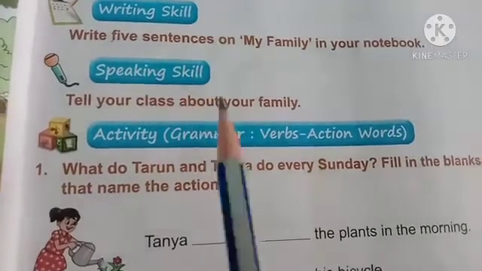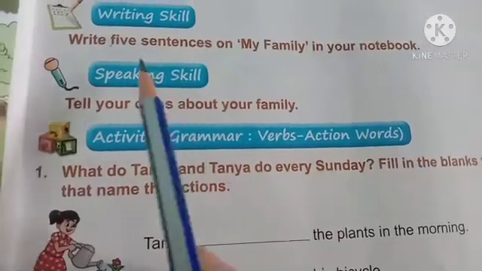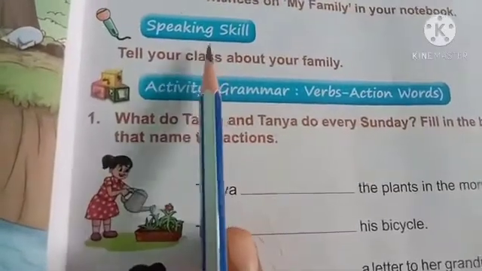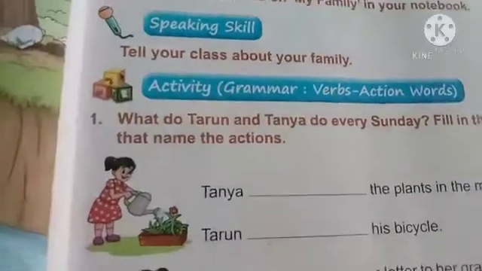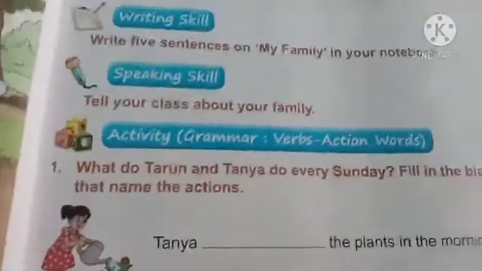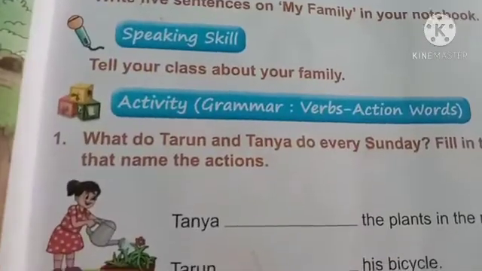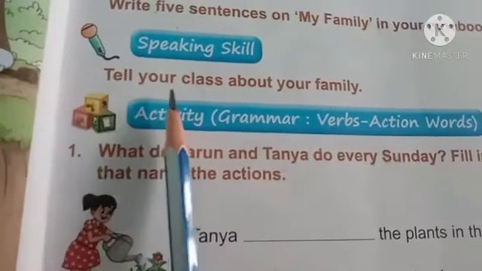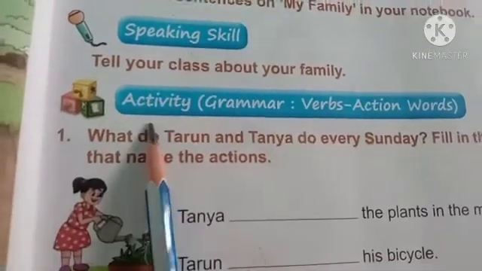So you can make 5 sentences and add it in this question. Next one, speaking skill. As we all know, students, for this corona pandemic we cannot meet each other and we cannot see your cute faces, dear. So let us do this speaking skill whenever our class starts. Let us go to the activity.